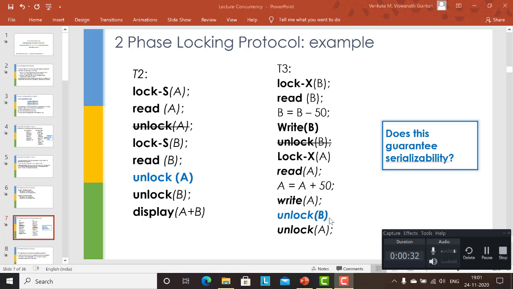So unlocking will only be done after all the locks which you wanted have already been achieved, and whatever you wanted to do with those data items, you have done those operations. Then at the end you will start releasing these locks, right? So what happens is that if you put your locks in this manner, according to the two-phase locking protocol, then